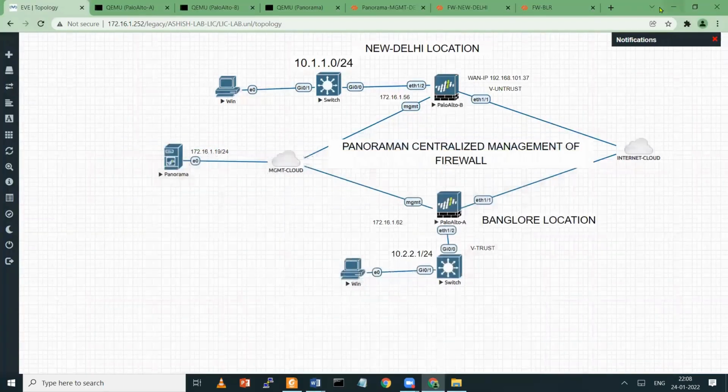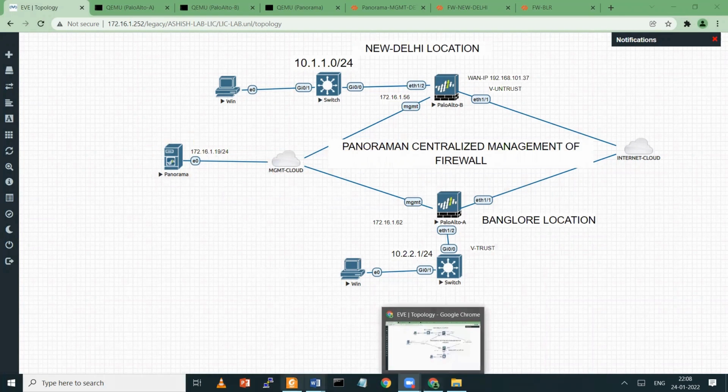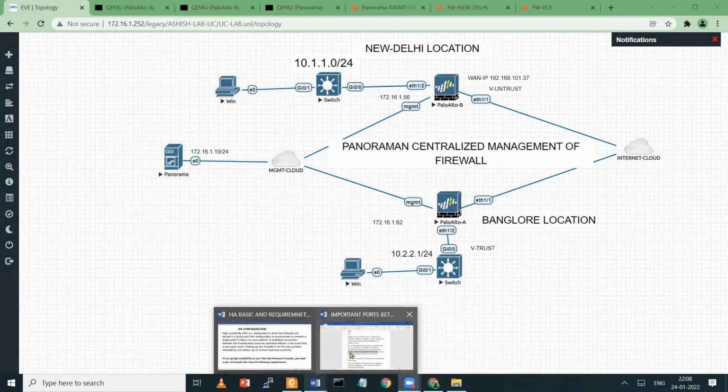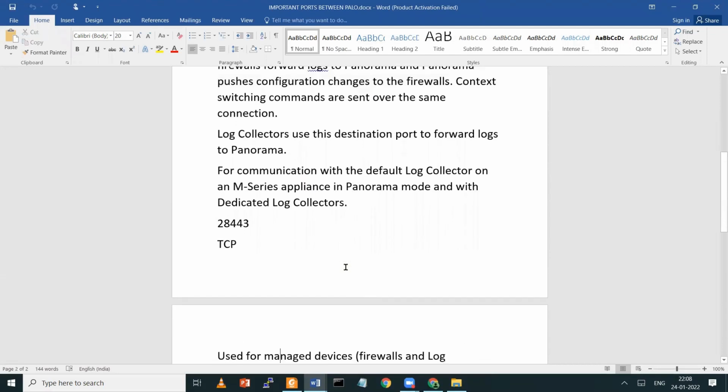According to the diagram, if I'm pushing any configuration from Panorama to my New Delhi location, it uses port number 3978, so it should be open. Otherwise, you may face problems.